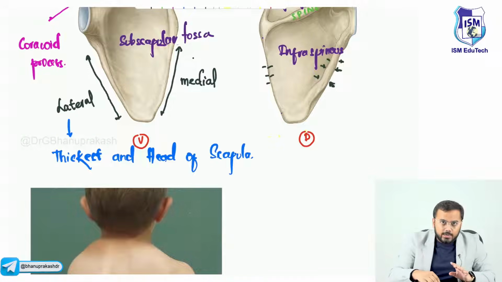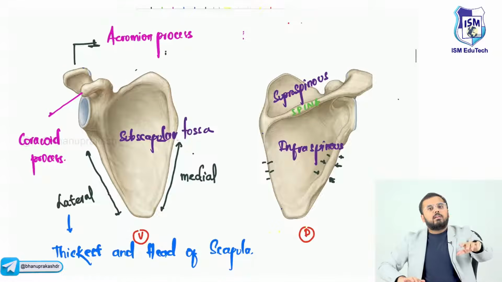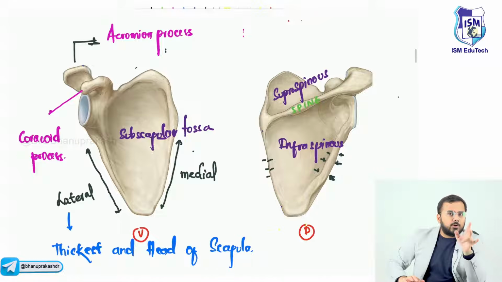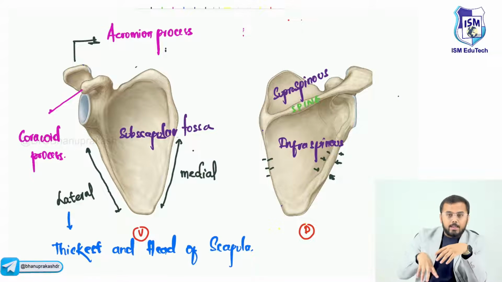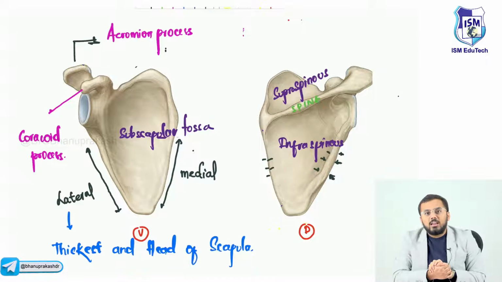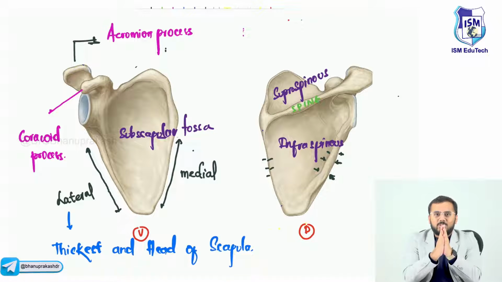So till here you are clear, guys. In the clavicle we discussed one clinical point. What was that? Cleidocranial dysostosis, right? So here, even in this scapula, we shall discuss one clinical point. And what is that clinical point? Okay, so if you look at the scapula,